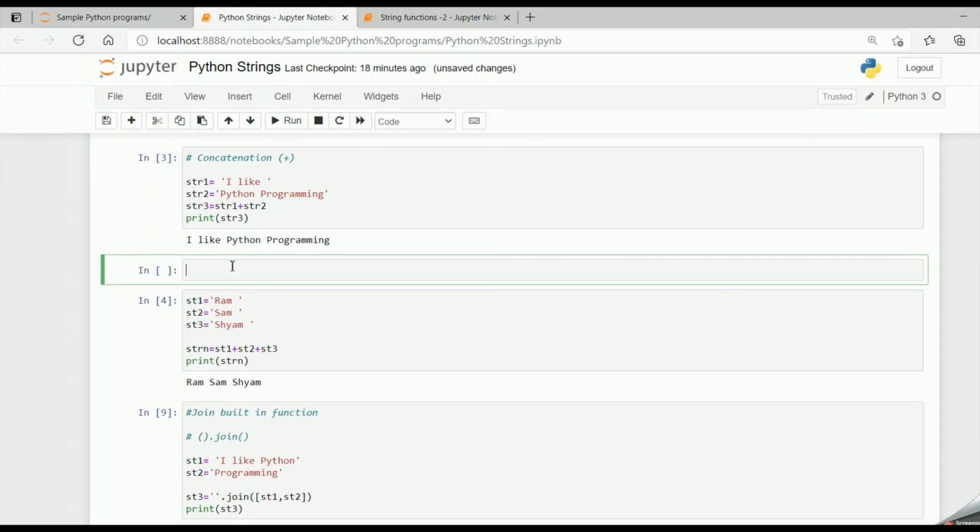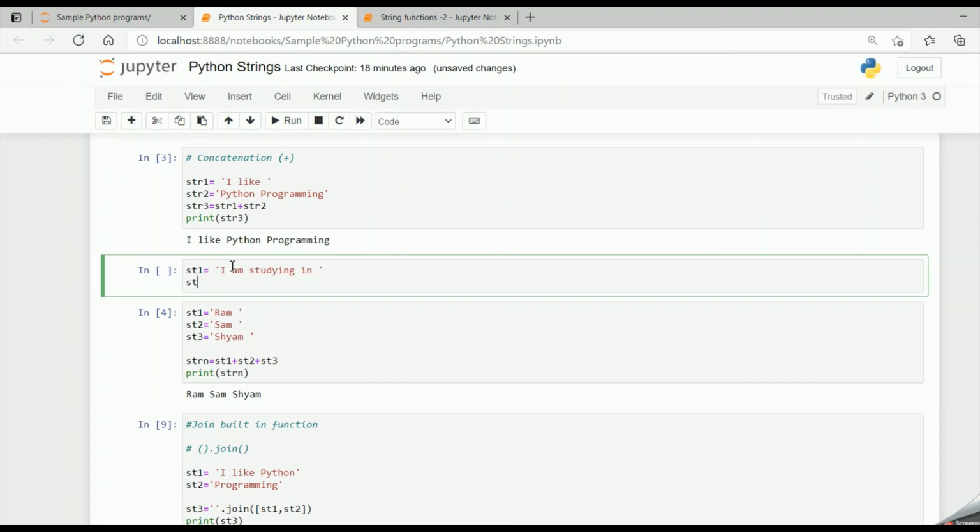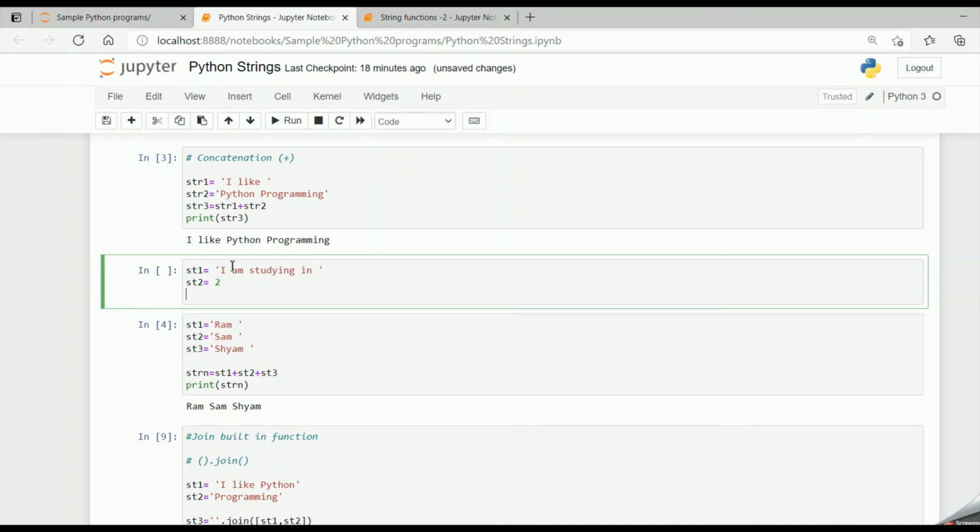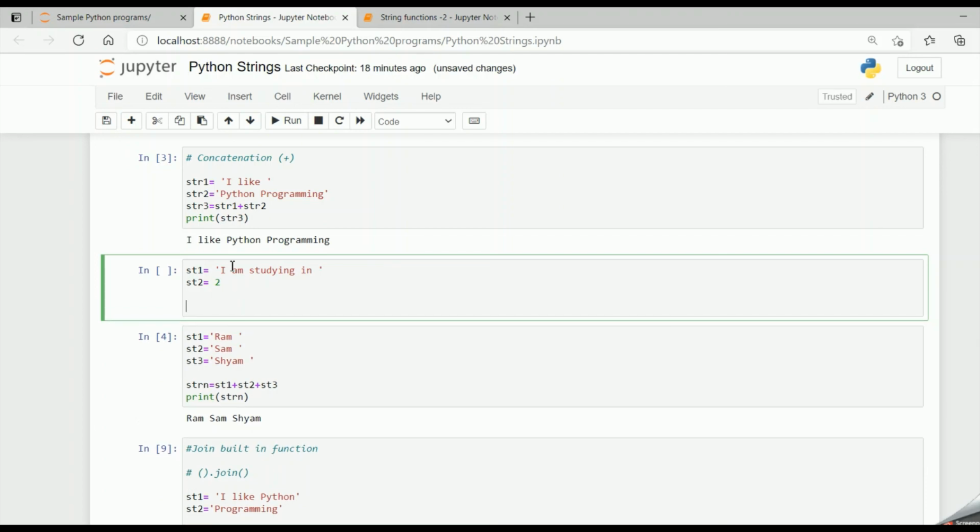But one more thing, in concatenation, we cannot append a string with an integer value. Suppose I say st1 equal to I am studying in, and my st2 is equal to an integer, say 2. I'm studying in standard 2, suppose. Now if I say st3 equal to st1 plus st2, st2 is holding an integer value, st1 is holding a string.